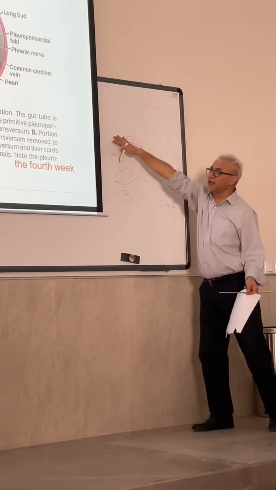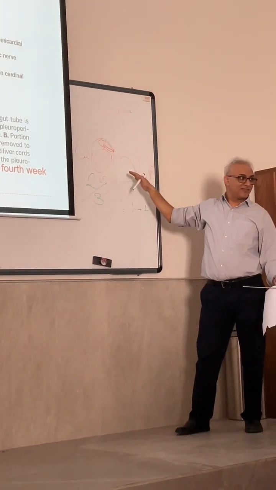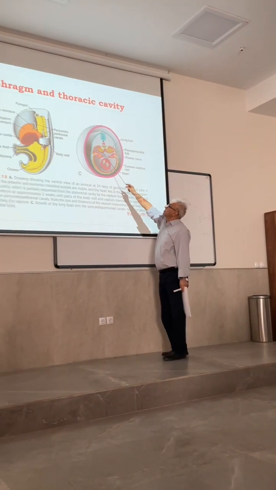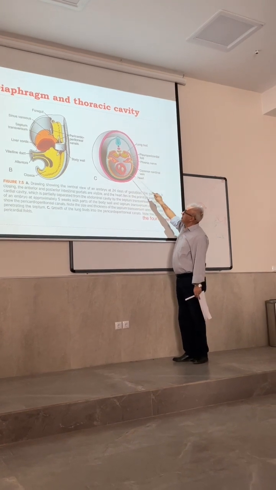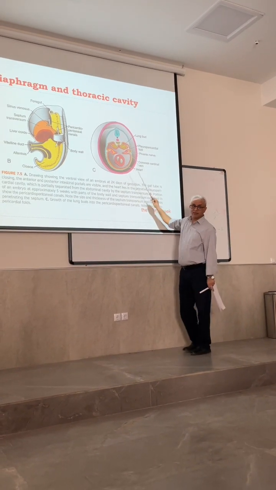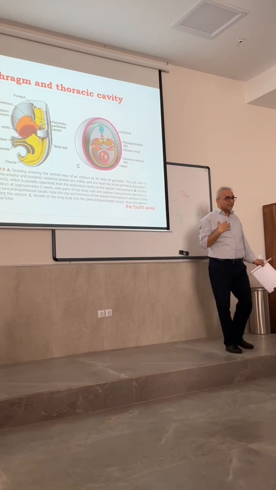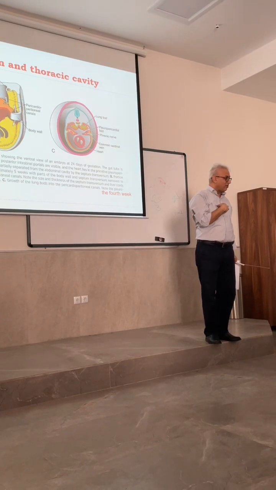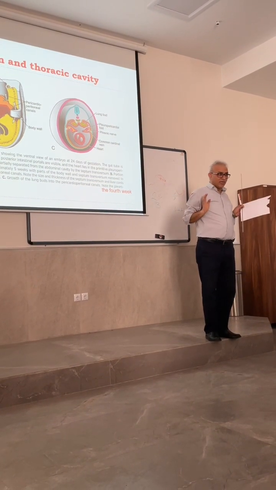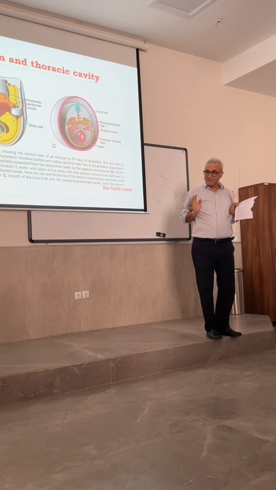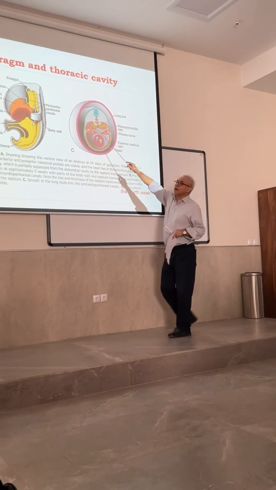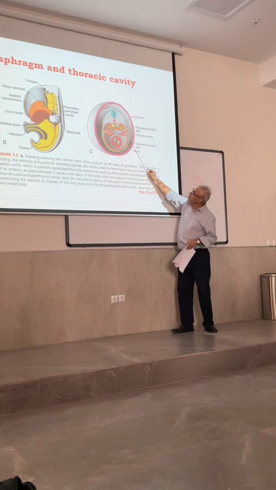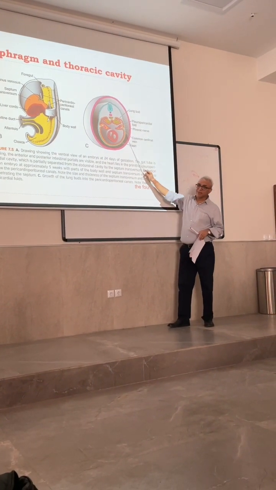Because of the embryonic position, the lung is growing posterior to the heart, but if you look here, the thorax has three parts. In the middle we have the heart, and two lungs, bilateral. Okay? But now, the lung is in a posterior position. What happened for it? From the lateral, from the somatic mesoderm,